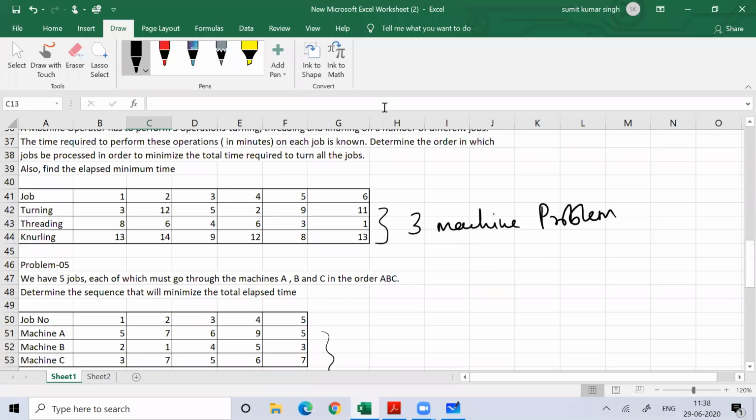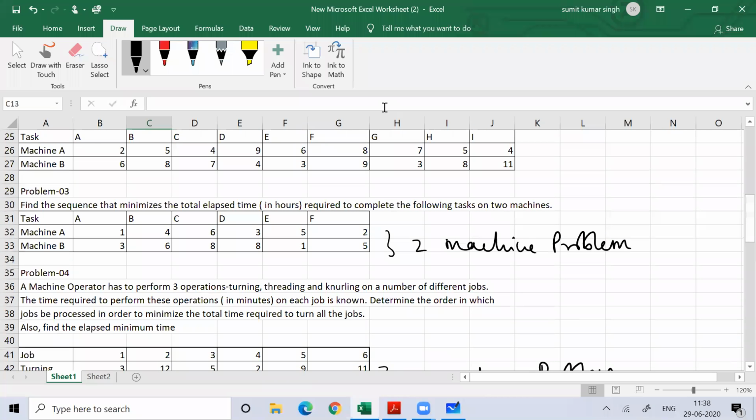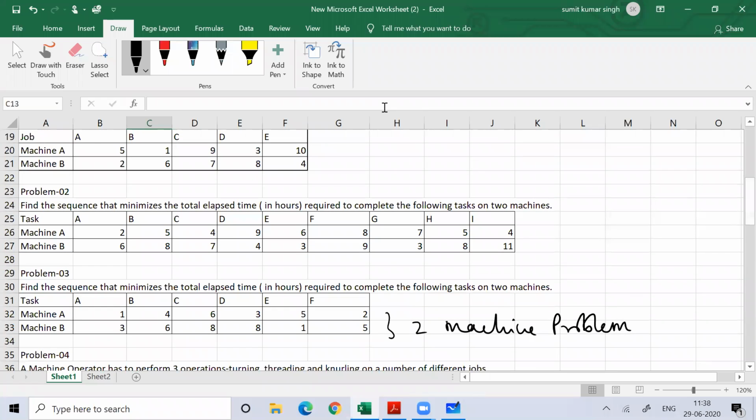Basically, when I ask you a two machine problem, you can easily determine its sequencing, that is, which job will be performed first or which job will be performed later on. Suppose in this problem, out of the total processing times, you can see the smallest value is 2. So when you plan the sequencing of tasks on the machine, the first you'll do is task A.